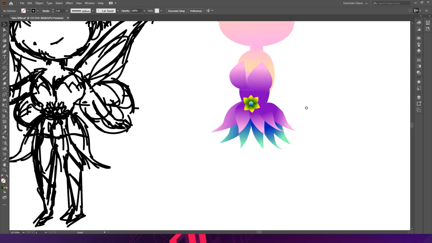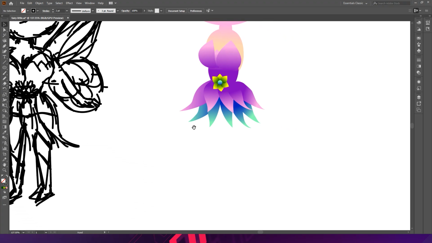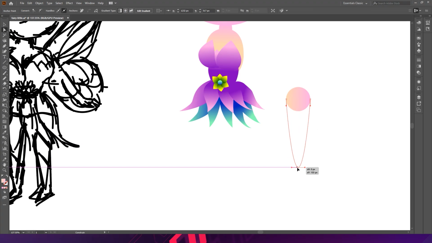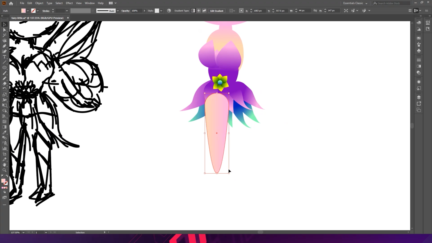Okay friends, and now let's create these legs. For that, take an oval. With the eyedropper tool, click on this to apply the gradient. And now let's drag it like that. Scale it down. Scale it down a little bit. Okay, this one is nice,